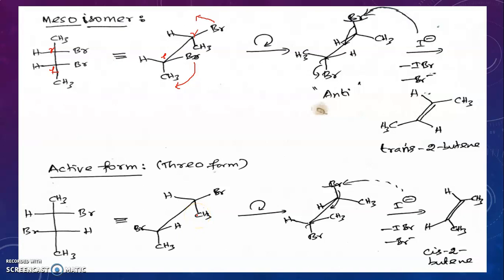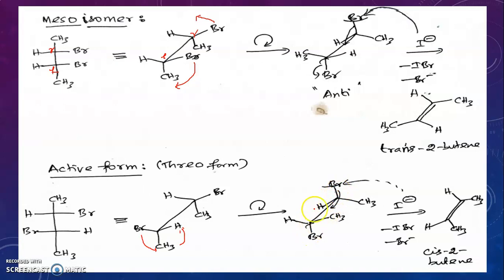Then to bring the anti-periplanar structure, you have to rotate. So bring this bromine down, bring this methyl here, and this hydrogen will go here. You will get this structure. And in the rear carbon, bring the bromine up. Rotate by 60 degrees. So this bromine will come here, hydrogen will go slightly below, and the methyl group will come here. Correct? You will get this structure.